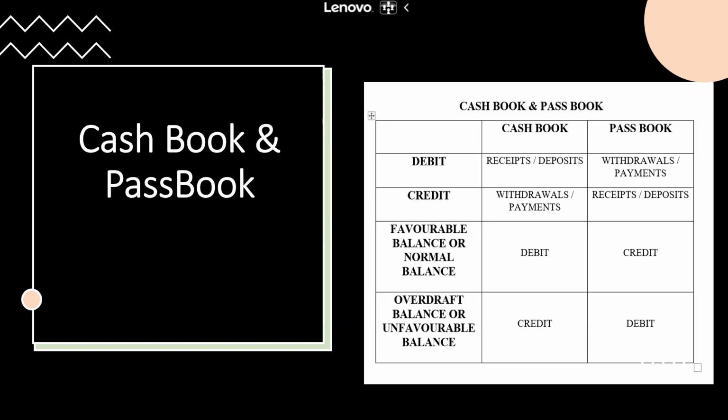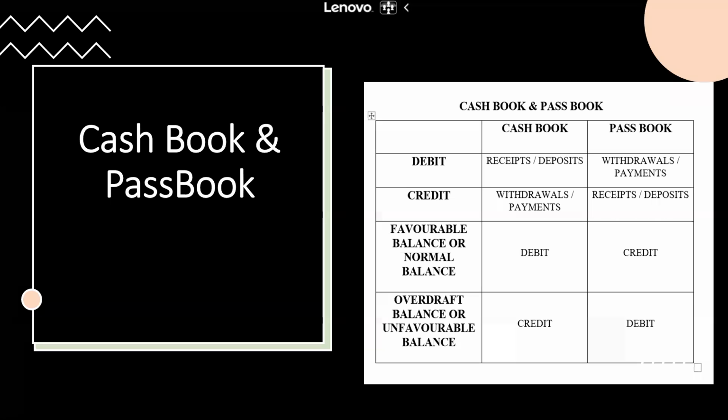So this picture exactly should sit in your mind whenever you're doing a problem. Otherwise, if at any time you feel a little difficulty in doing a problem, wherever you're doing the problem on BRS, just draw this picture. Once you put it in the picture, see that and then do the problem, it becomes very, very easy. So you should remember it as it is. Receipts on debit side, payments on credit side for cash book. Passbook is exactly opposite. So if you remember one book, you can do the other book. So anytime you face a difficulty in BRS, just draw this picture, and then do the problem. It will become very easy for you.